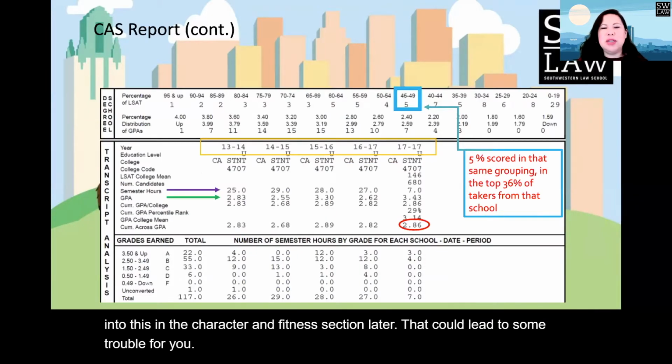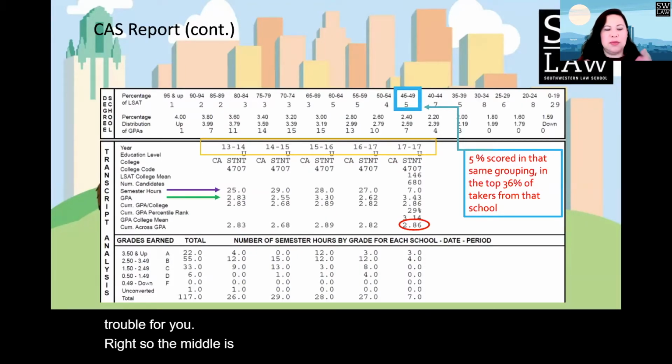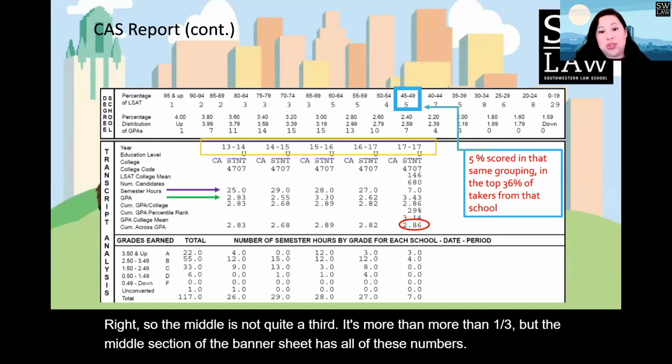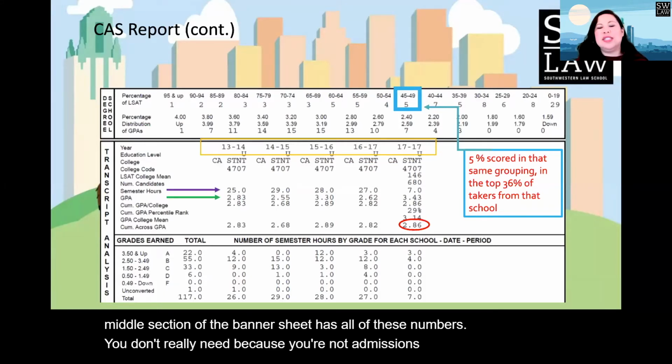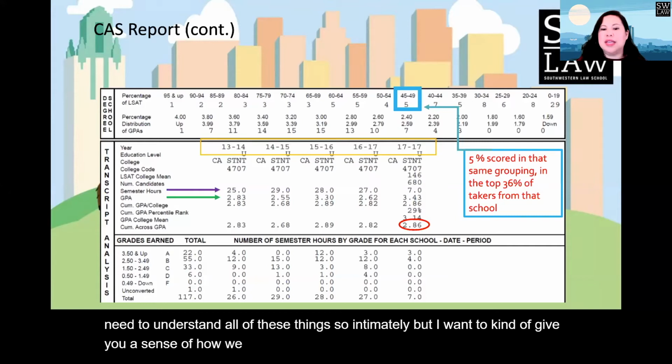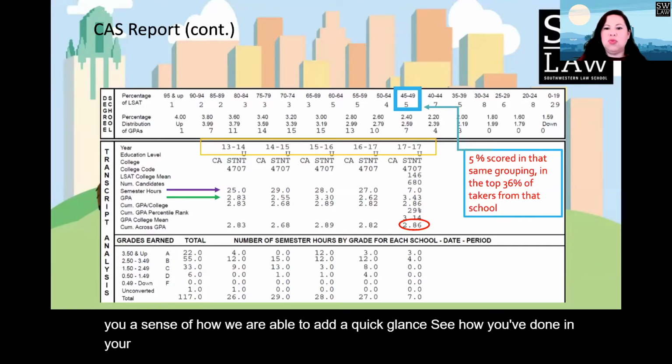Okay, so the middle section of the banner sheet, it's not quite a third, it's more than a third, has all of these numbers. You don't really need to understand all of these things so intimately, because you're not admissions officers, but I want to give you a sense of how we are able to, at a quick glance, see how well you've done in your educational history,